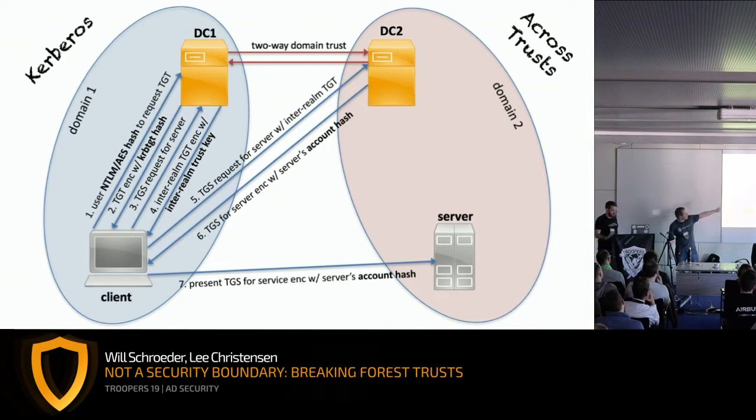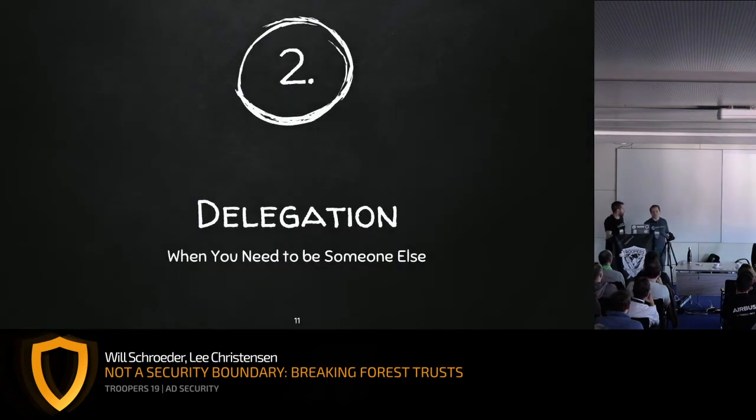And then if we're trying to access a different forest or a different domain, there's a step where you get a referral ticket to the other domain. Inter-realm ticket granting ticket. And that's the inter-realm ticket granting ticket. And so there's just an extra step there that we'll dive into later on because it's going to become relevant. All right, so that's Kerberos in 3 minutes, and it makes perfect sense.